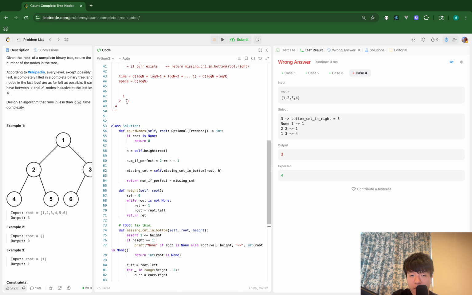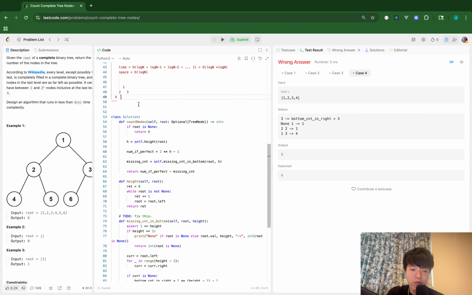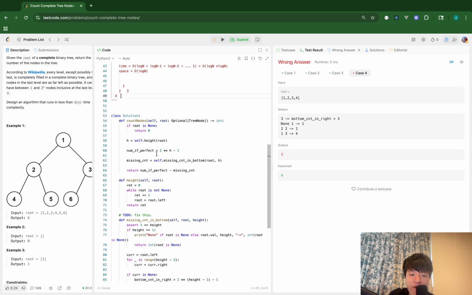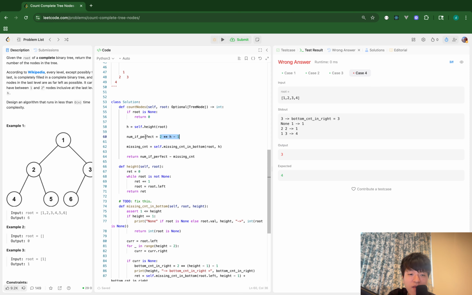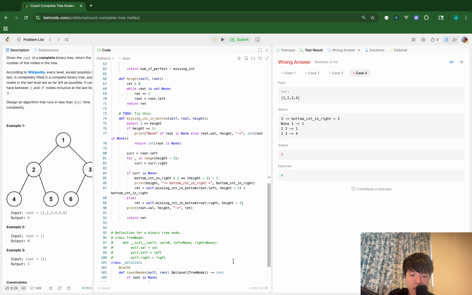Yeah, so the number of bottom nodes is the height 2. Oh no. So my mistake is I referenced line 60 when I implemented that, but this is the number of nodes. All the nodes is 3. But in this case, I want the number of nodes in that level only. So it should be